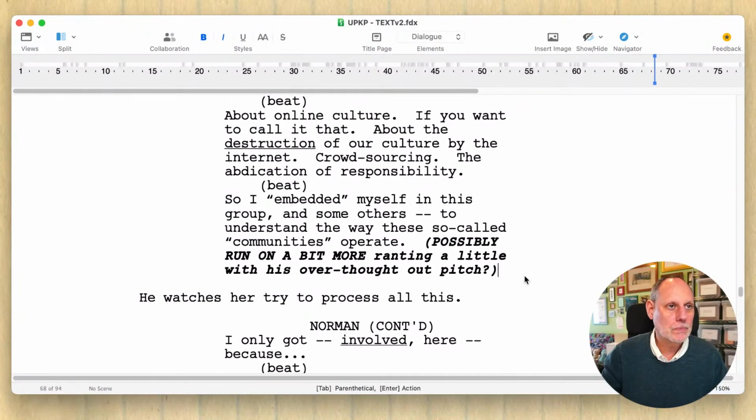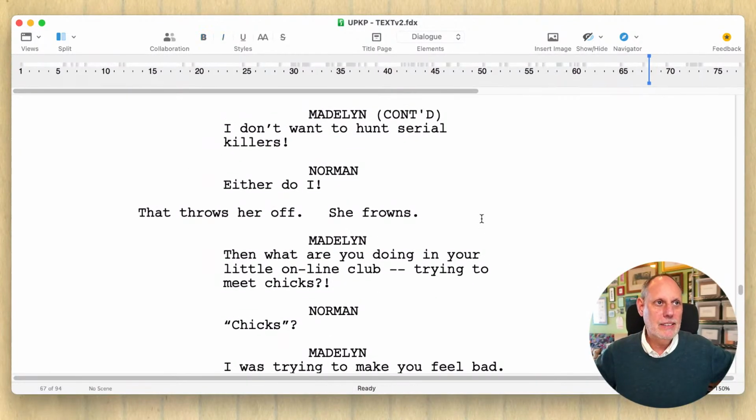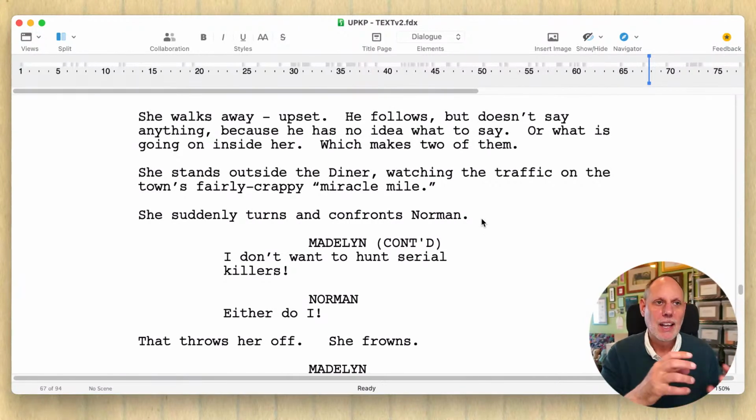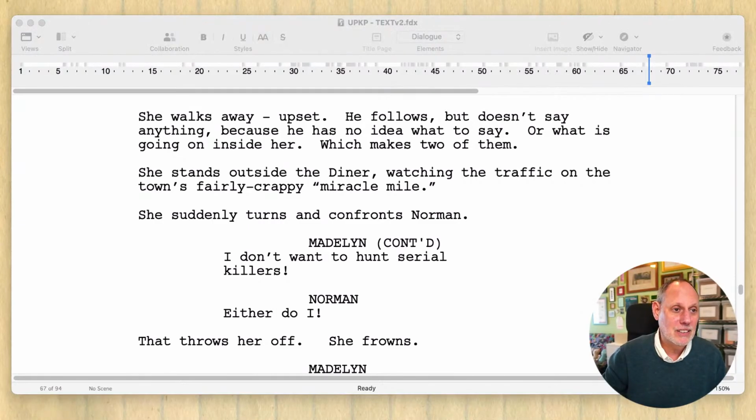Okay, so the main thing here is that this scene is a disaster area. I remember when I did this one, I just had a list of things in the outline that I hadn't made dramatic, and that's a key. This is another bit of really important advice. If you don't figure out in the outline what the central action of the scene is, who's trying to do what, and what the one thing that scene is about, you're going to have to decide it in the rewrite, because you're going to write a kind of messy scene.